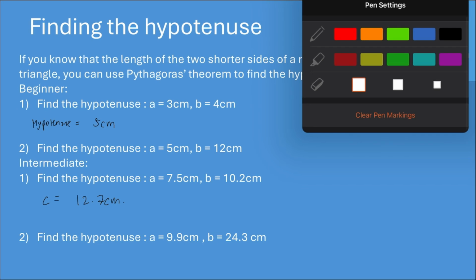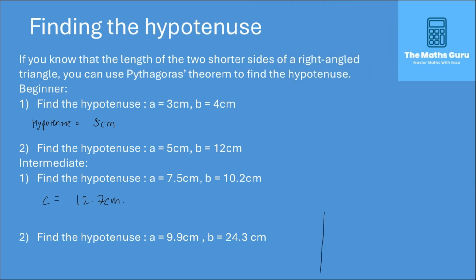Looking at question 4, we are told that A is 9.9 centimeters and B is 24.3 centimeters. So let's call this 24.3 centimeters and this 9.9 centimeters. Then A squared plus B squared equals C squared, and we get our 9.9 squared add our 24.3 squared is equal to our C squared. Hence, C squared is equal to 688.5, meaning C is equal to